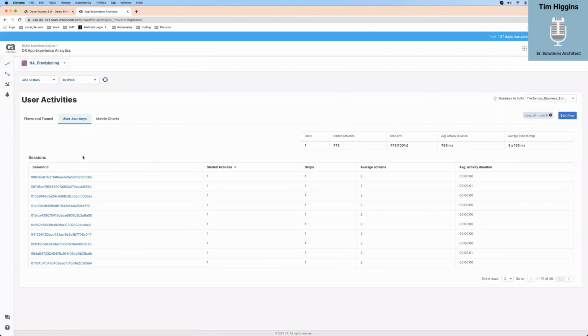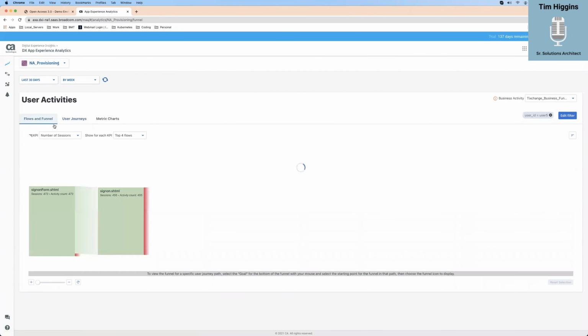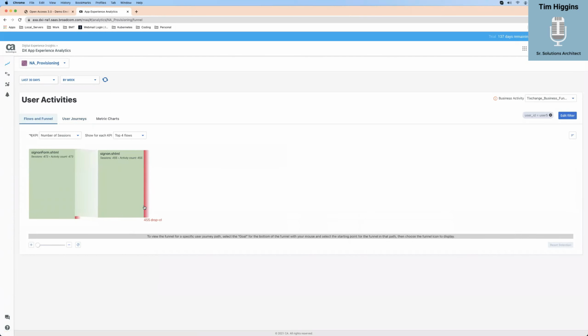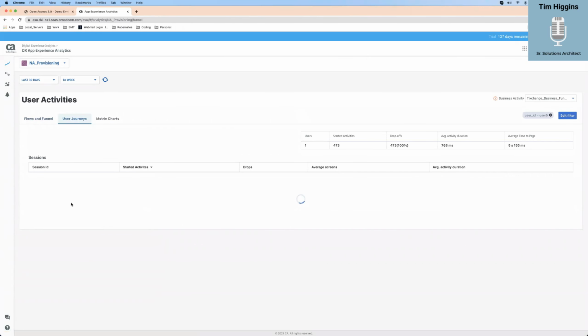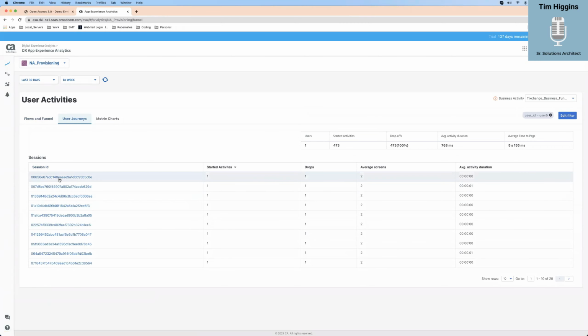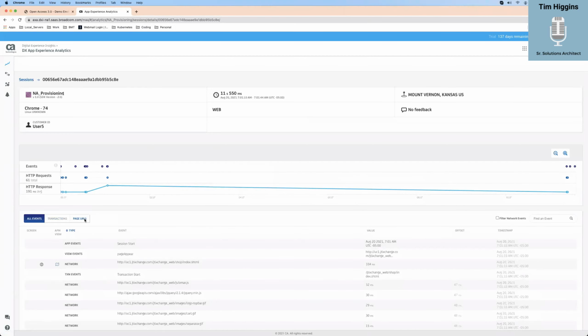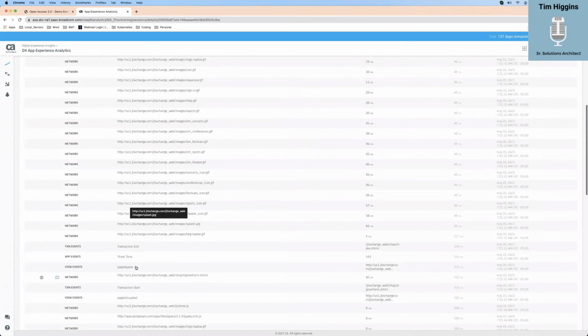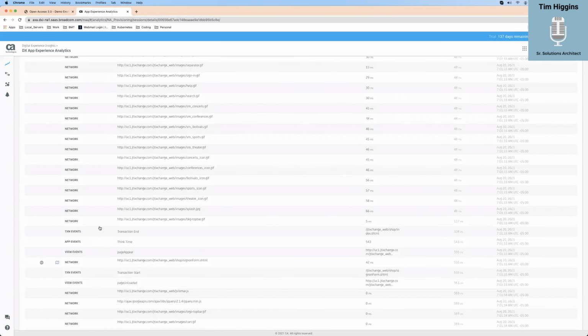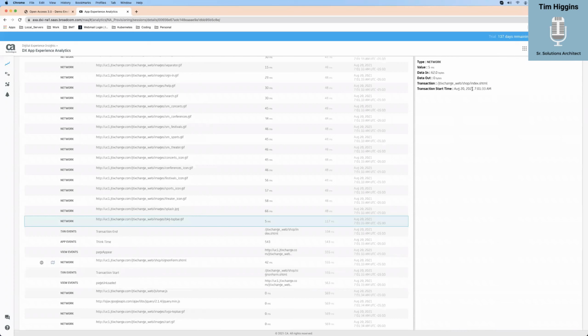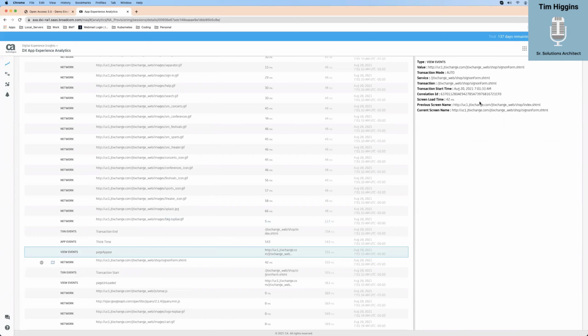So if I go over here to this one, remember, this is the whole journey thing. If I click on my funnel, click on this, another thing that does is just filter these. You can do that without clicking that. And if I just click on one of these, now you've got your session view that you've seen before. I also have the basic stuff here that I saw before. A lot of this is going to have different information depending on what you click on. Like that is just networking, right? So events. So previous screen, the current screen the user is on. So if I need to see that, I can see that as well.